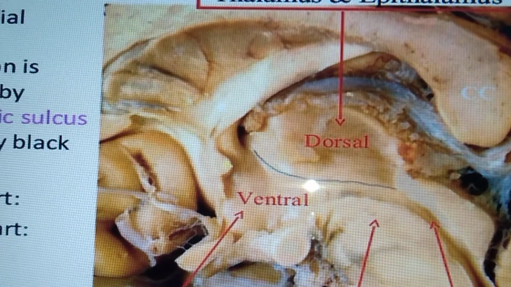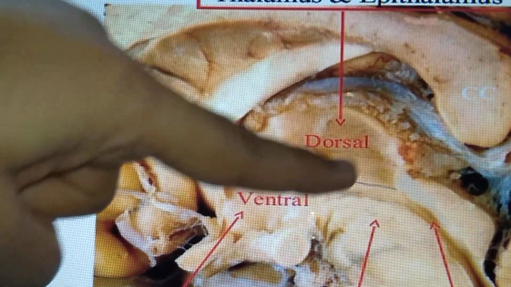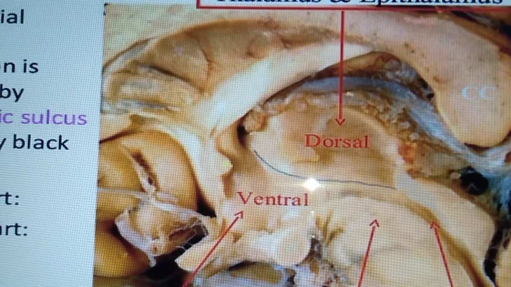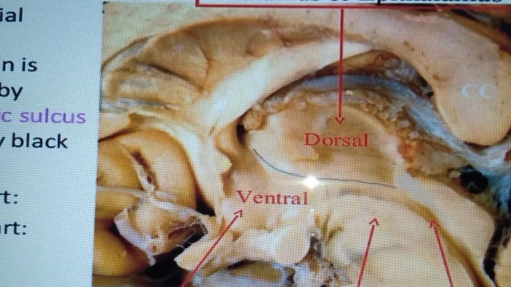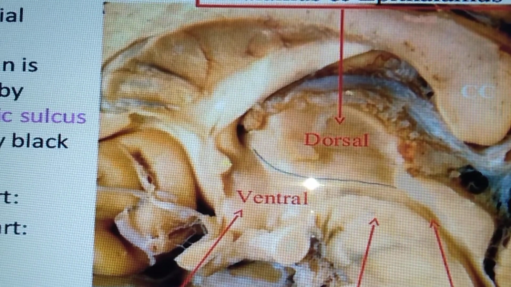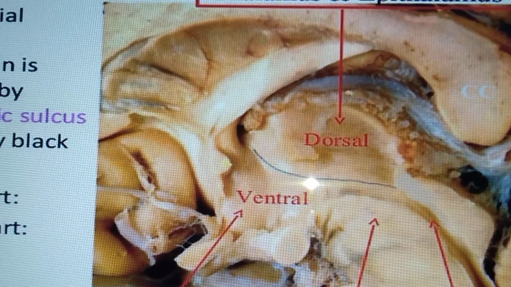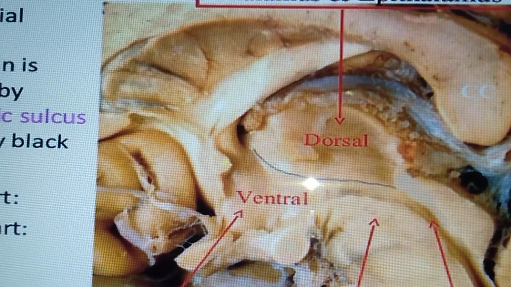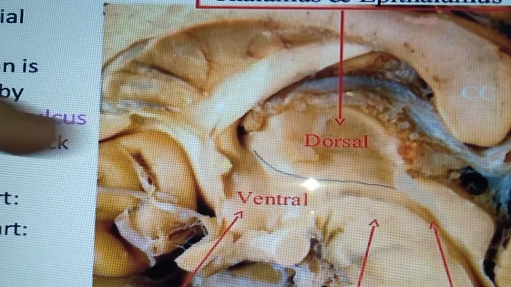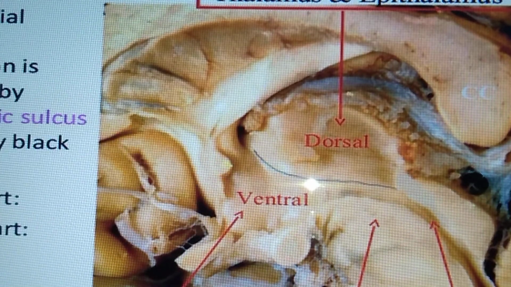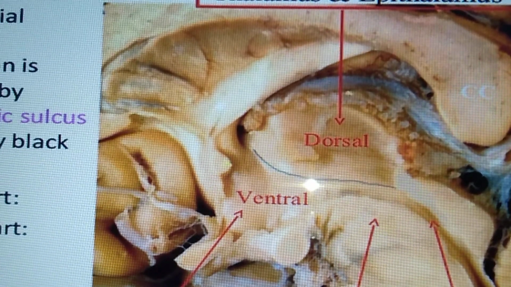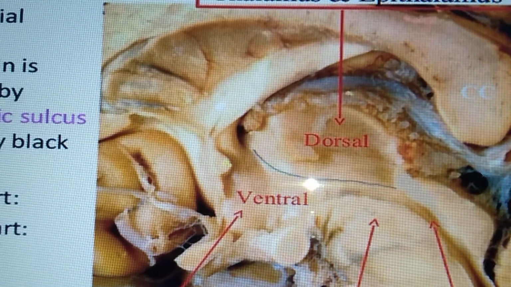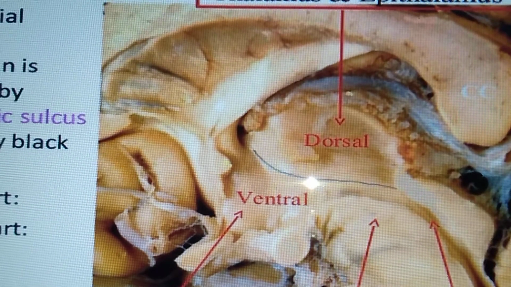Now further these are subdivided. The dorsal part is subdivided into the thalamus, or you can also say the dorsal thalamus, then the metathalamus, including the medial and the lateral geniculate bodies. You can say the metathalamus again is a part of the thalamus itself. And the epithalamus, including the pineal body and the habenula. Then the ventral part includes two areas: one is the hypothalamus and another is the subthalamus, or the ventral thalamus. So this is the subdivision of the diencephalon.